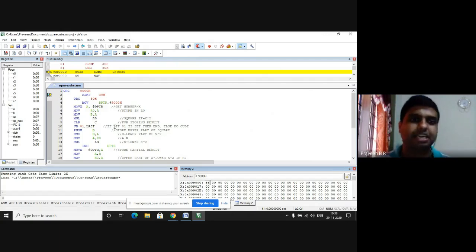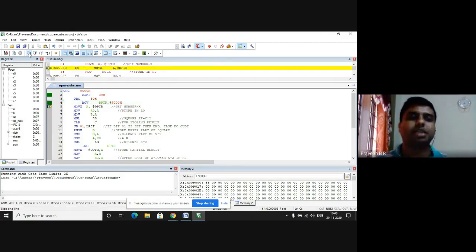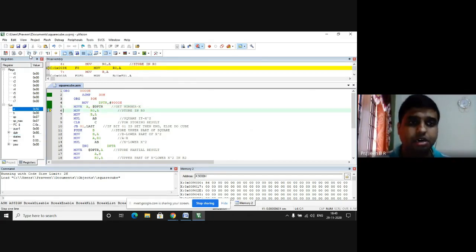So how do we start the execution? We press F11, or the third tab in the file menu, which says Step. After pressing this, we go to the DPTR memory location. So the DPTR is pointing towards 9000H memory location. The data present in 9000 is 56. So the data is brought to the accumulator.